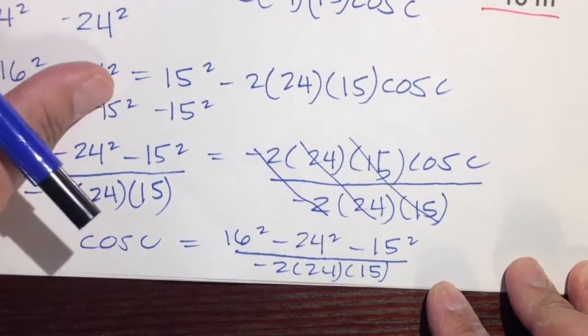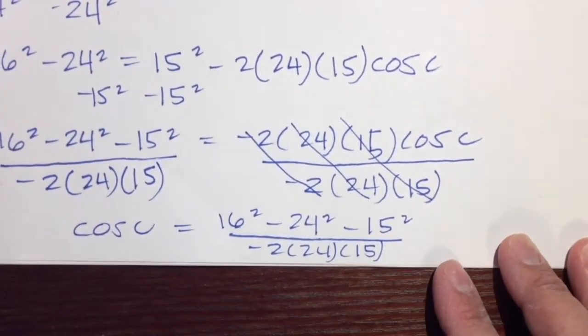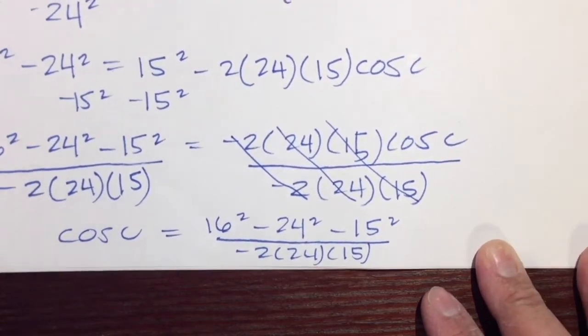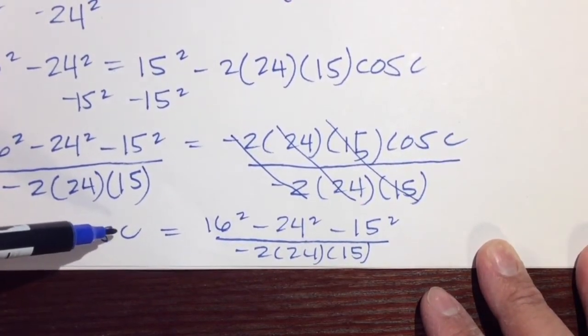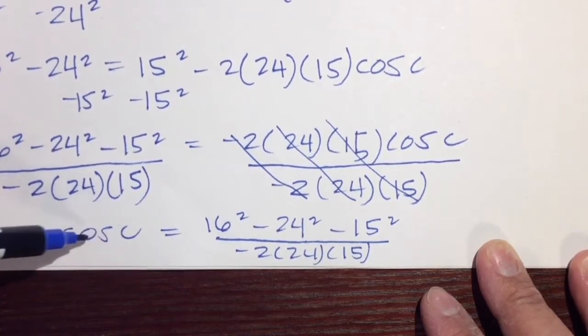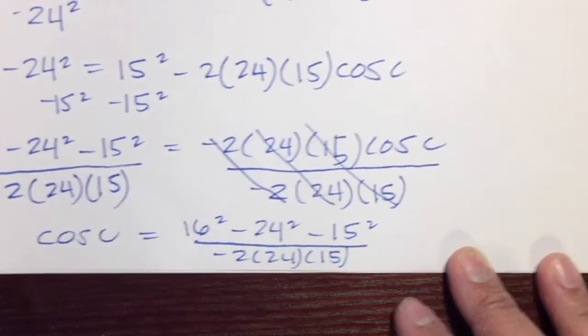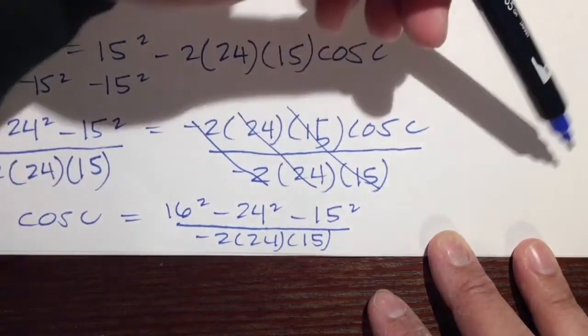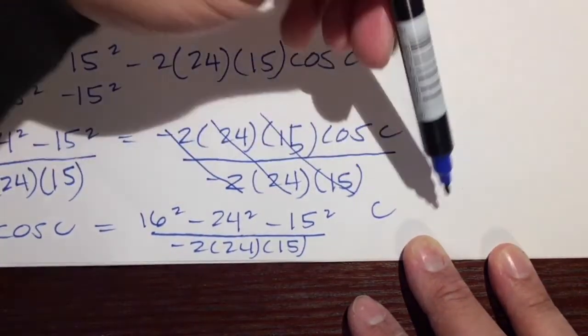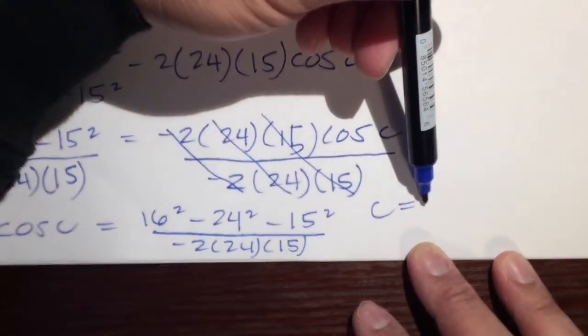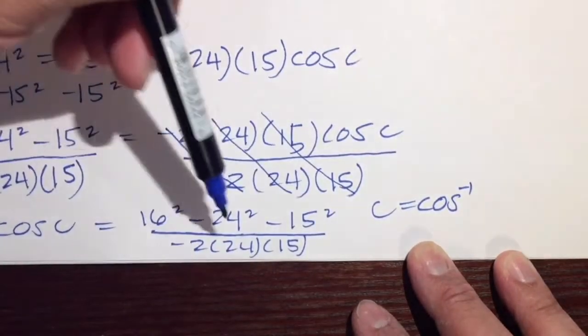Whew, this is some great algebra. Like, if you really know your algebra, then you should be all right. Okay, but c still isn't by itself. We want to get c by itself. What's the opposite of cosining something? Inverse cosining something. So we're going to rewrite this whole thing as c is equal to the inverse cosine of